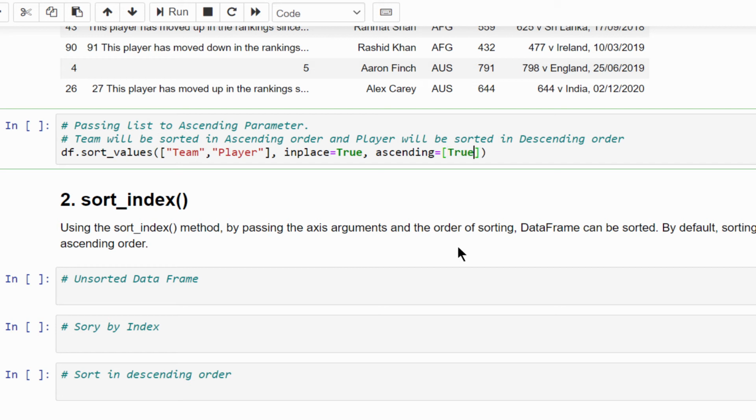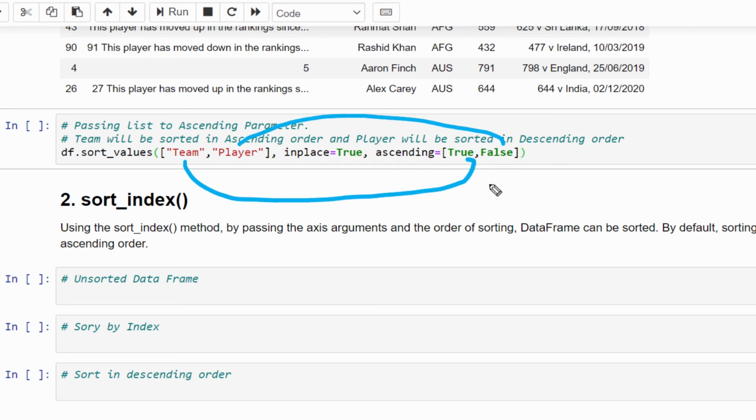The first column true means ascending order. The second column false means descending order. So when we execute, the team will be sorted in ascending order and the player column will be sorted in descending order. Let's execute.